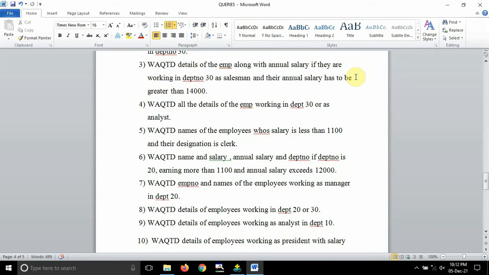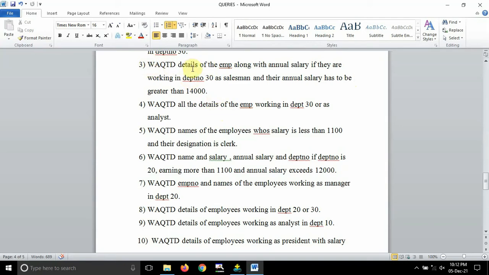The along with indicates that we need to display all the details present in the table. With that, one additional column has to be attached. So in order to display one additional column, we have to use emp dot star, or else I can say table dot star format. Just carefully observe how we write this, guys.